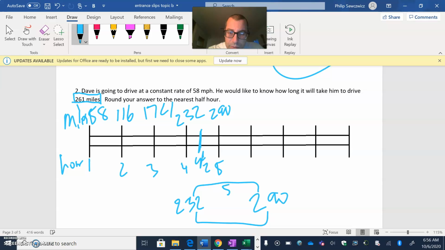Okay, but remember, we just want the halfway point. So let's chop it in half. If you chop 58 in half, all right, how do you chop something in half? Well, you divide it by 2. So if I take the 58 and I divide it by 2, I'm going to get 29. Which says if I'm at 232 and I add on the 29, I'm going to get the middle part that's